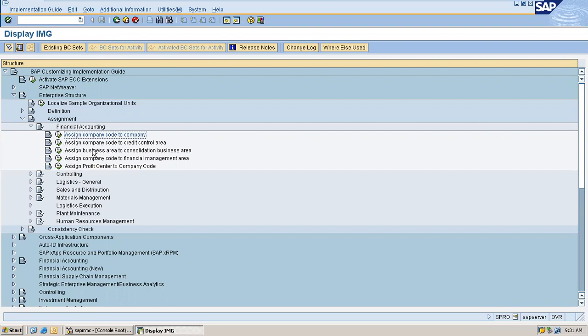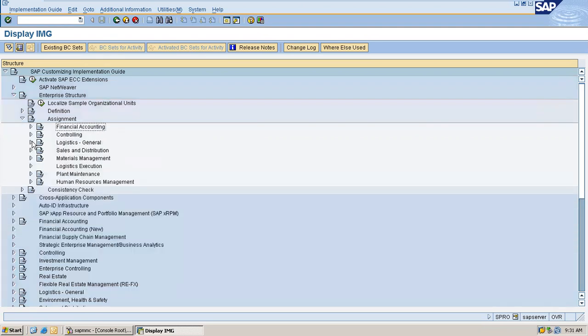So remaining assignments, like company code to credit control area, business area to consolidation, these are irrelevant for now. Okay, so I am done with assignments in financial accounting. Controlling we don't touch. Let's move on to logistics general.